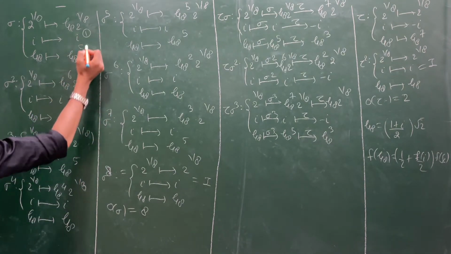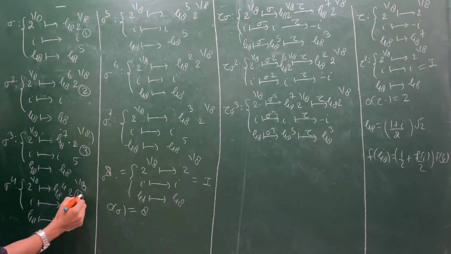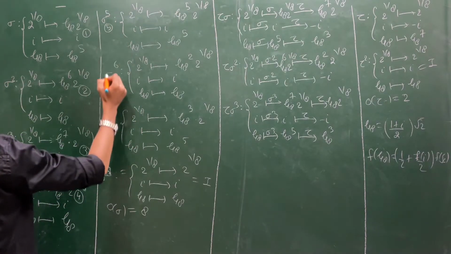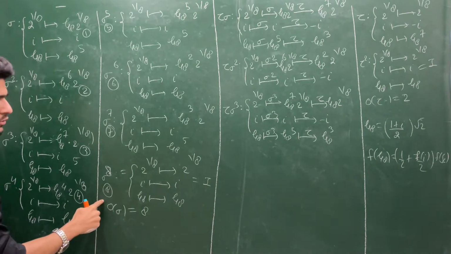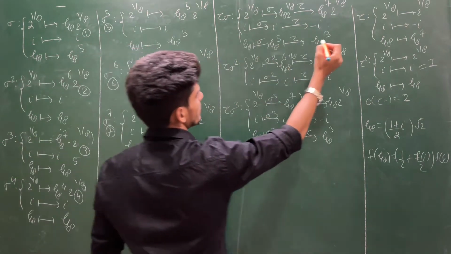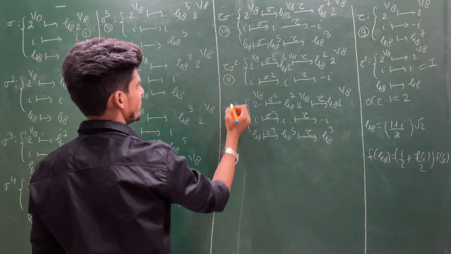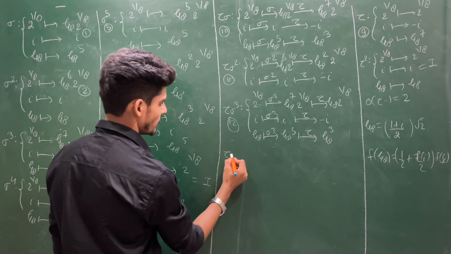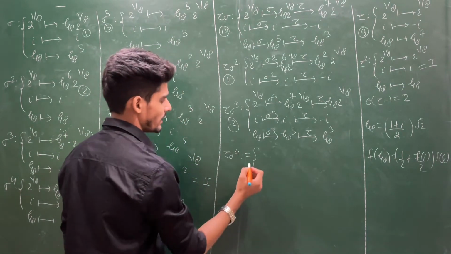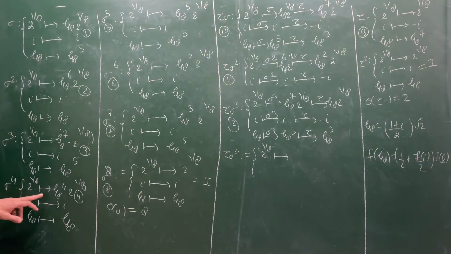See, this is the first element, second element, third element, fourth element, this is fifth, this is sixth element, seventh element, this is the eighth element, which is not new, which is the identity. This is the ninth element, this is the 10th element, 11, and this is 12. If you see this tau sigma to the power 4, that will be sending 2^(1/8). See, sigma^4 is sending 2^(1/8) to zeta_8^4.